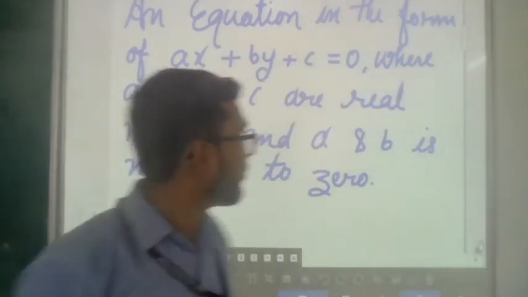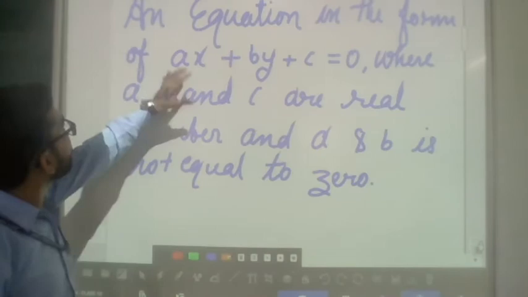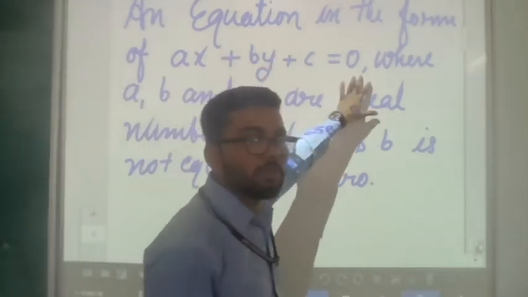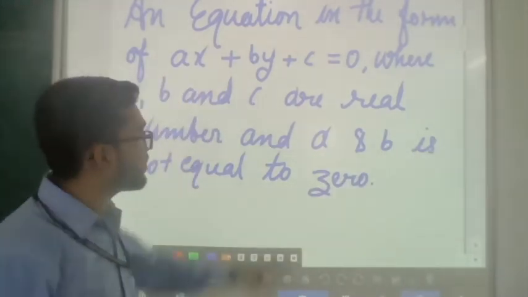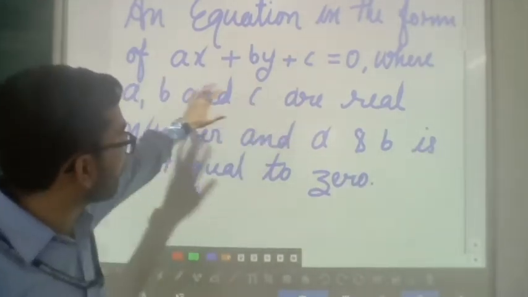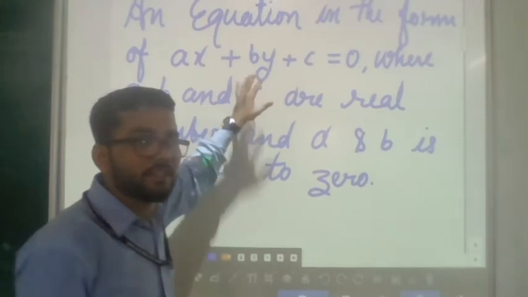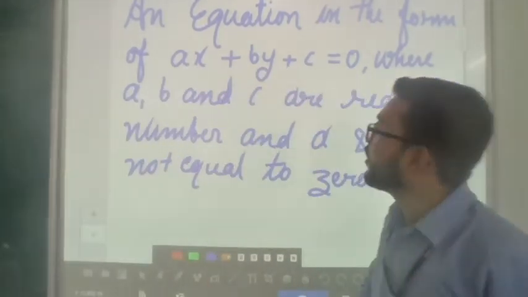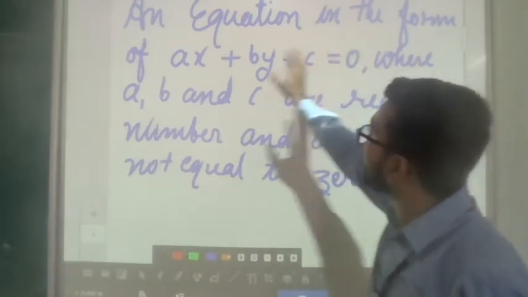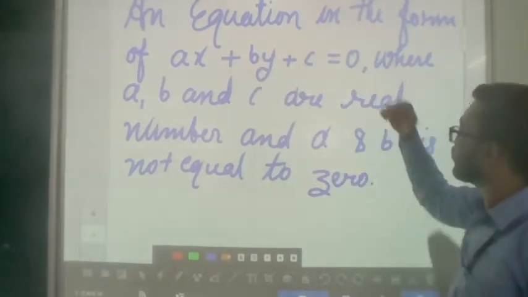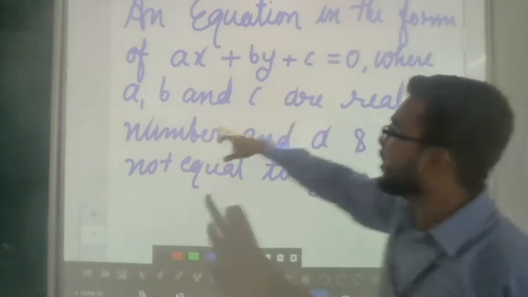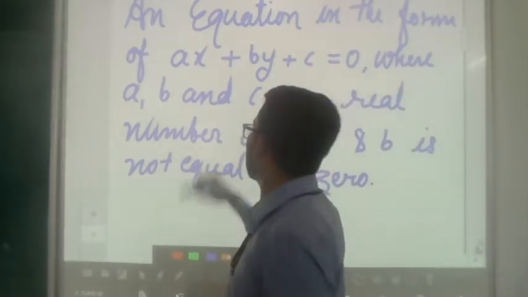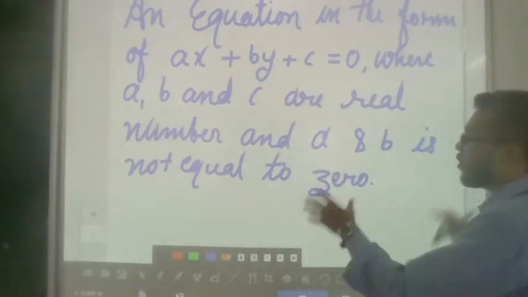So here I have written an equation in the form of ax plus by plus c is equal to 0. I will explain it later with an example. You are already familiar with this from class 9th, but I am just recalling the concept. So an equation in the form of ax plus by plus c is equal to 0, where a, b, c are real numbers and a and b are not equal to 0,